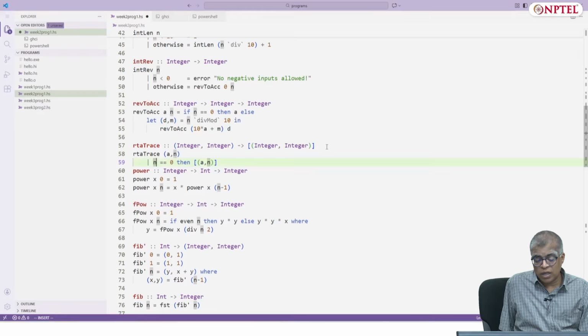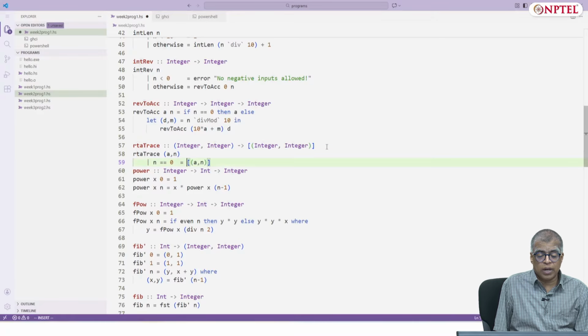In case the guard n equals 0 passes, then the value is actually the list a n.